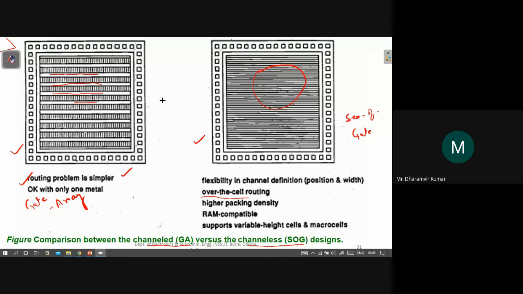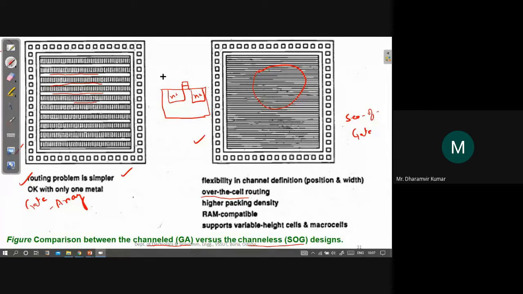For example, if I'm giving you the side view, if this is the chip, let me draw it like this. Let's say this is n plus, this is n plus, and this is the gate.